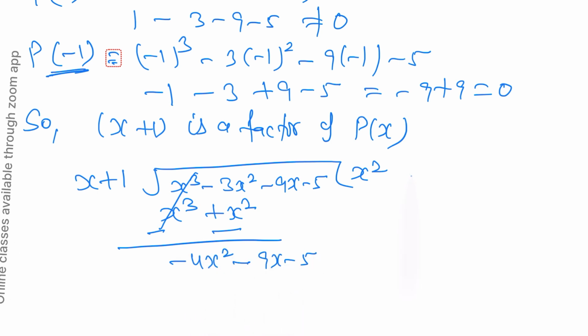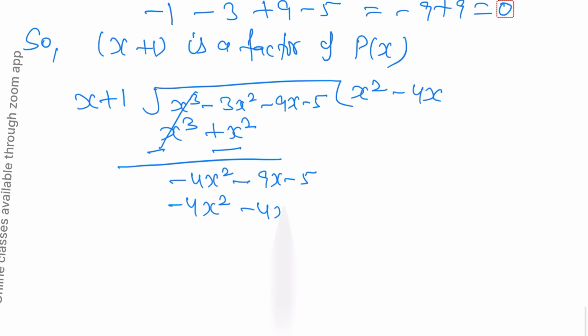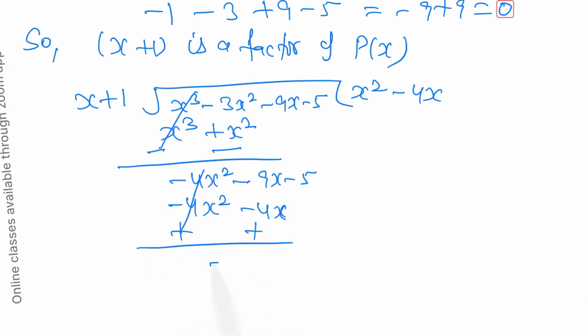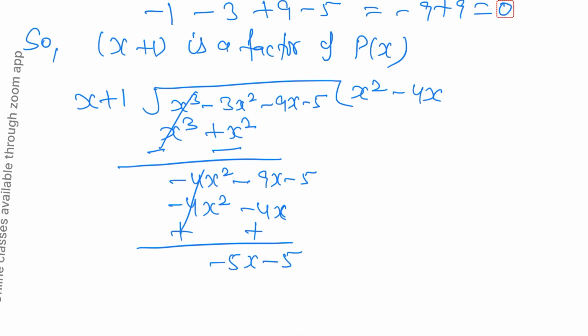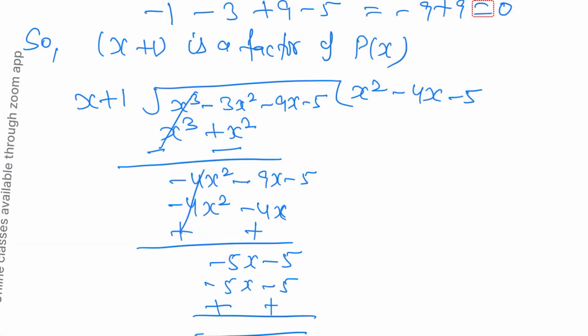Now we need minus 4x square, so x should be multiplied with minus 4x. We got minus 4x square and minus 4x. Now again subtracting, so as it is a subtraction we need to change the sign. So first value cancelled out, we remain with minus 5x and minus 5. Now with minus 5, multiplying x with minus 5 and plus 1 with minus 5, we got minus 5x minus 5. Changing the sign,